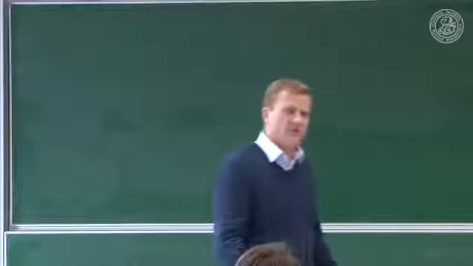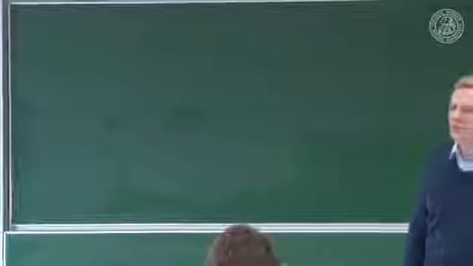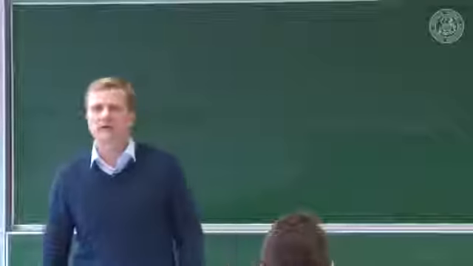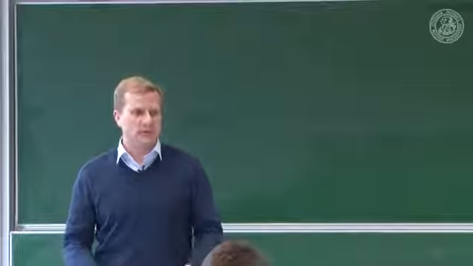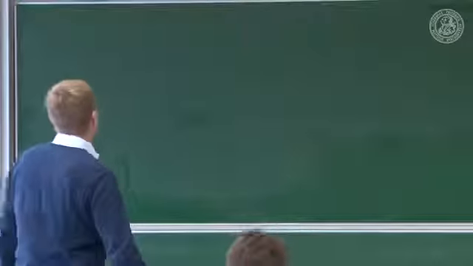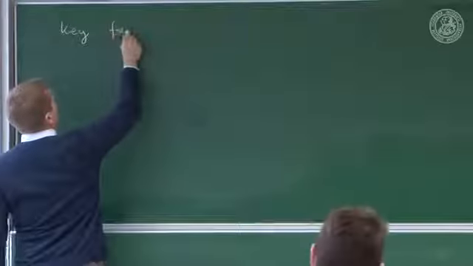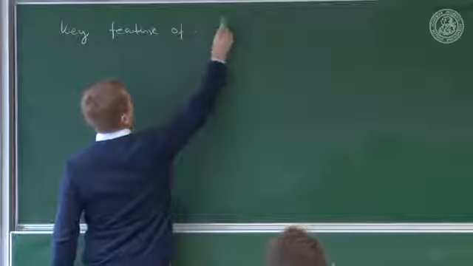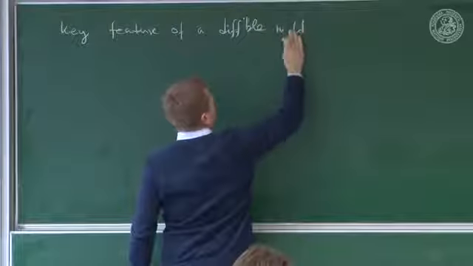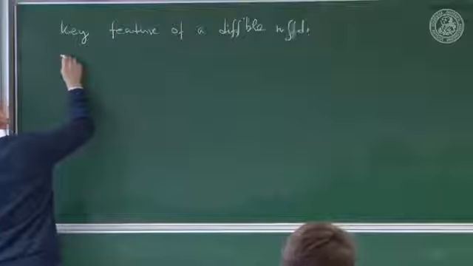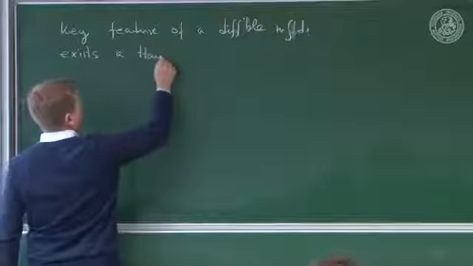So all right, so we define a differentiable structure, and the question is, so what? We have a structure we can classify, but what we really want, and what is really new about differentiable manifolds, is that, roughly speaking, they have tangent spaces. We can now meaningfully talk about tangent spaces. So the key feature of a differentiable manifold: there exists a tangent space,